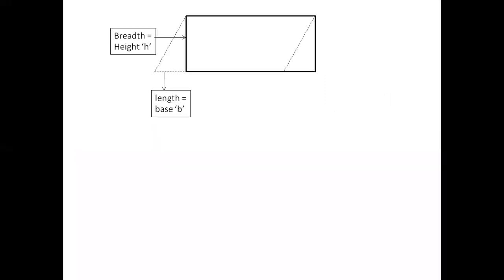So we know a parallelogram is a geometric figure in which the two sides are parallel. Two sides being parallel means that those two sides can never join each other. Okay? So we first learn how to derive the formula for the area of a parallelogram.